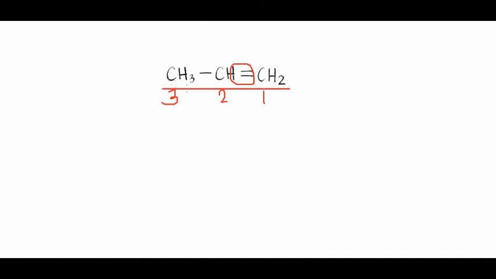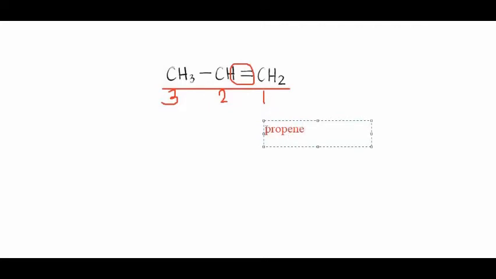So, the name of our parent chain, because we have 1, 2, 3, let us name our parent chain. We have 3 carbons, so the name will be propane. But since we have a double bond and it is an alkene, we're going to change ANE to ENE. So, the name will be